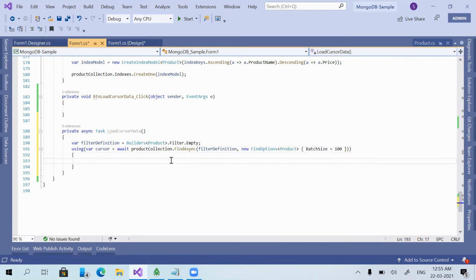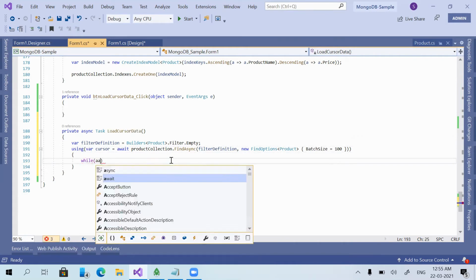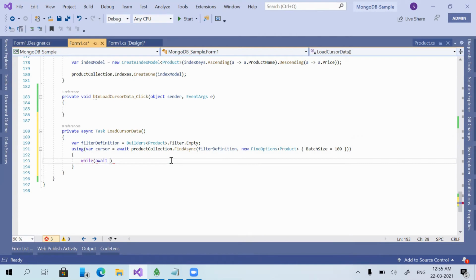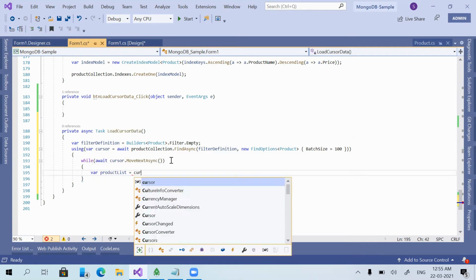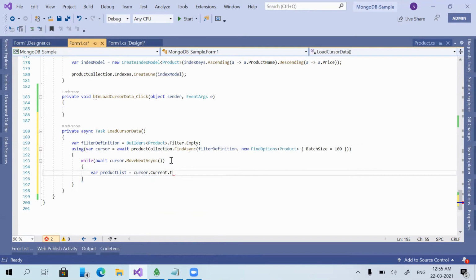Now I'm giving a while method, while await cursor dot move next async. Now var product list is equal to cursor dot current to list.